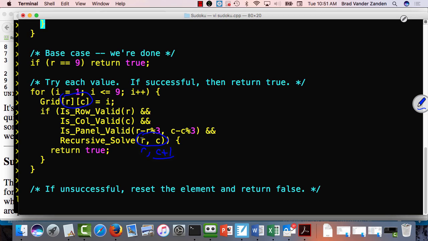So I could do a little bit of complicated logic here, where I check to see if C is equal to 8, and if it is, reset it to 0 and increment R. But then R might be 9, which means that the recursion is done. So it's just simpler, it's more elegant to just call recursive solve with the current cell. And why is that? Because,